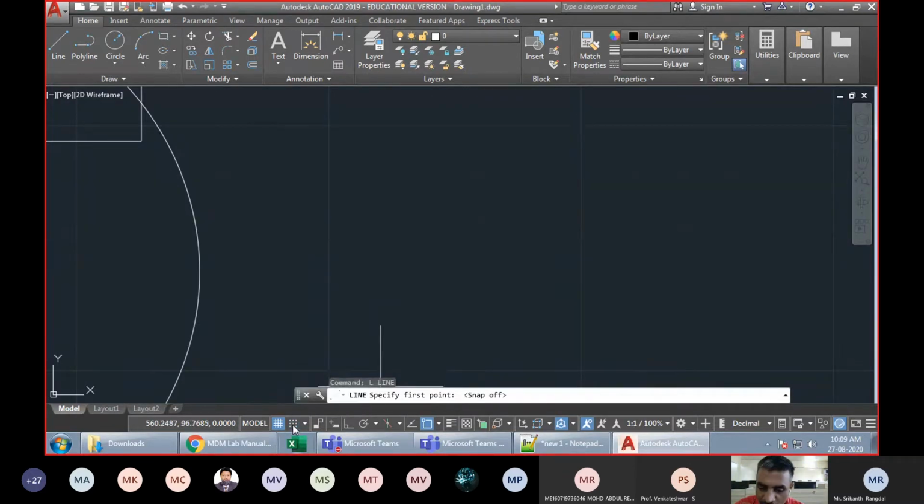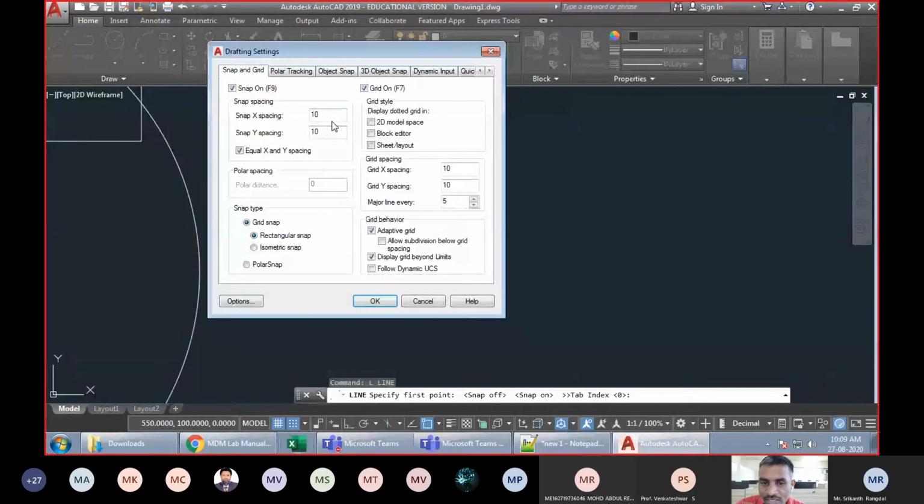Whereas if I turn it off, now you see my cursor is able to move smoothly. Anywhere my cursor is able to move. When the snap is on, technically what happens is my cursor will jump from one point to the next point by required multiple. If you go to the settings, you can set that multiple. Right now you can see the multiple spacing is 10.